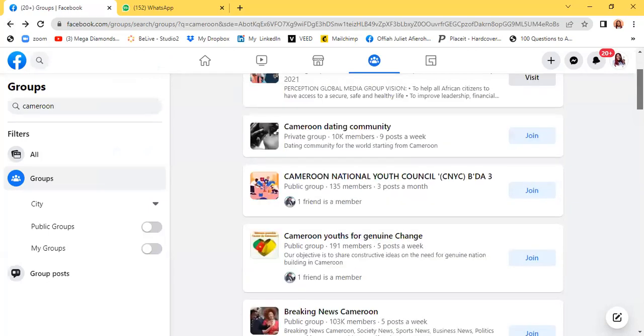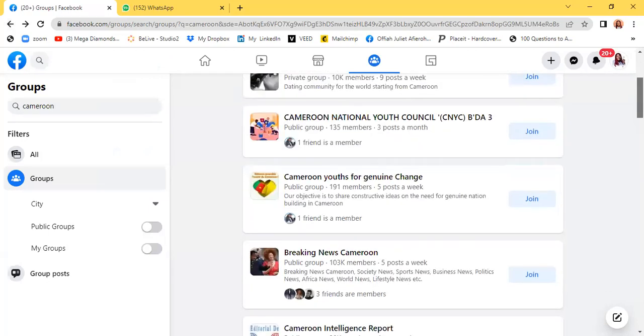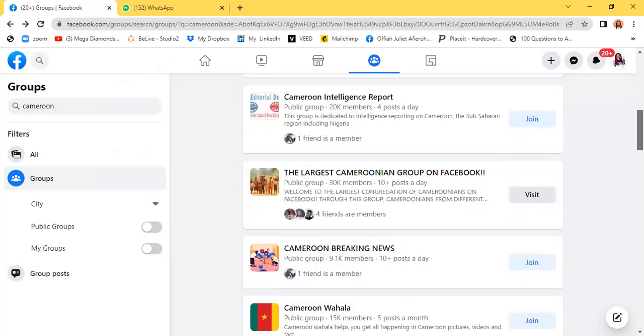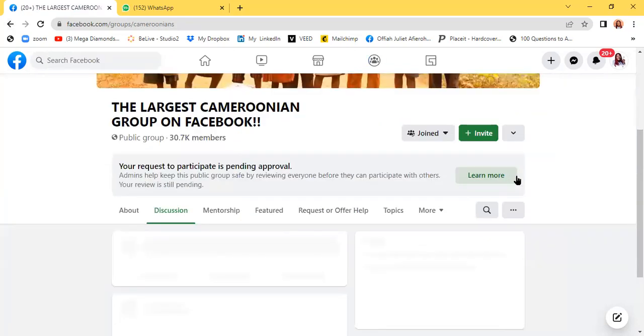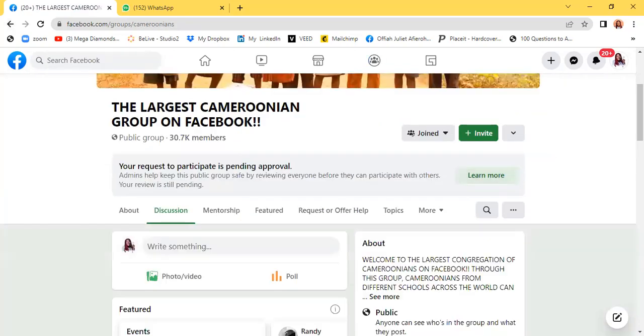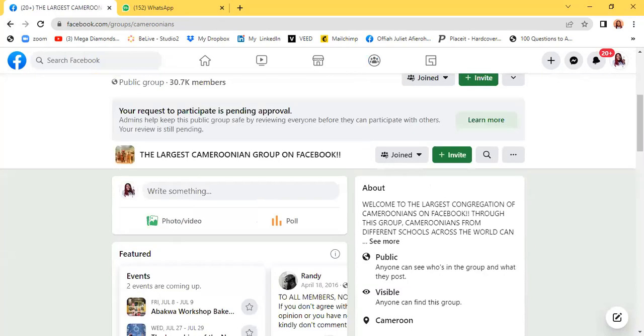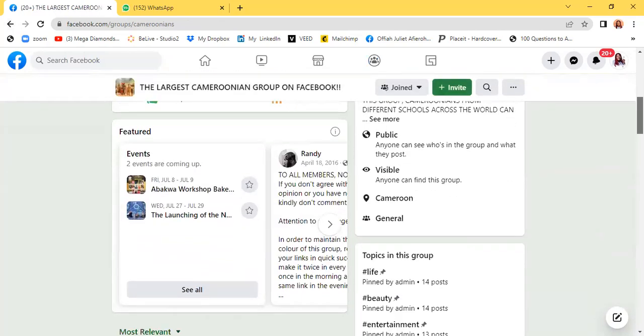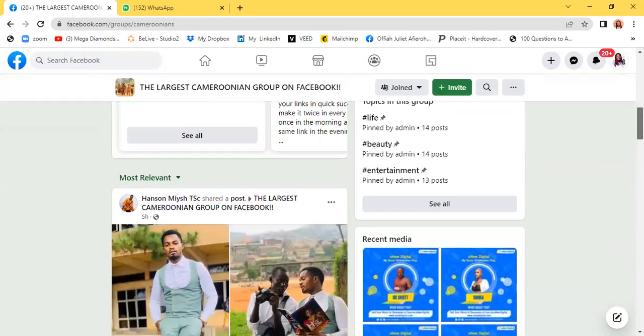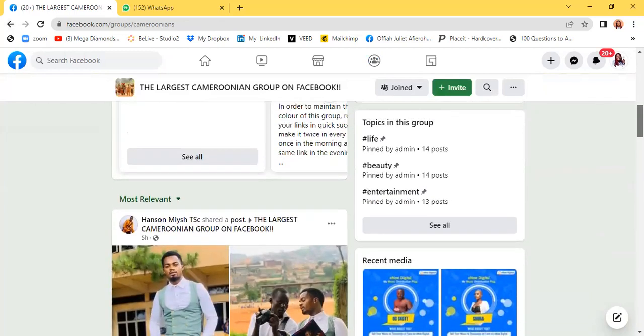So these are rooms I'm already in. Let's see. Visit. Okay, the biggest room in Cameroon has accepted me. So let me see. We have over 30,000 people here. So that's great. Let me look at their posts. Now, look at